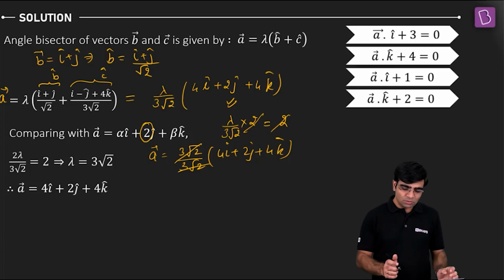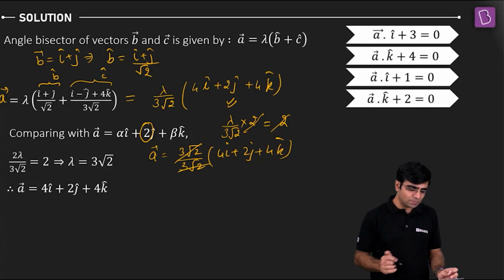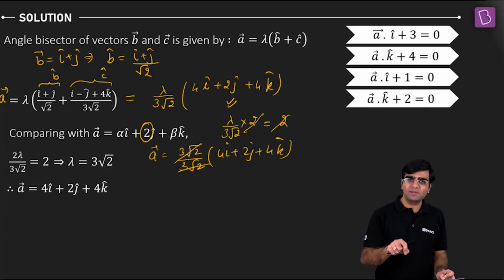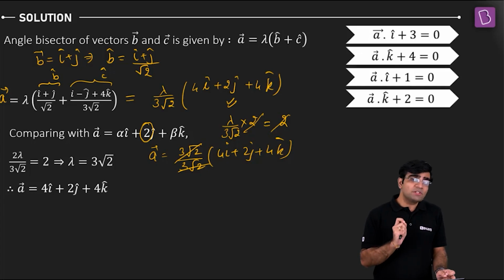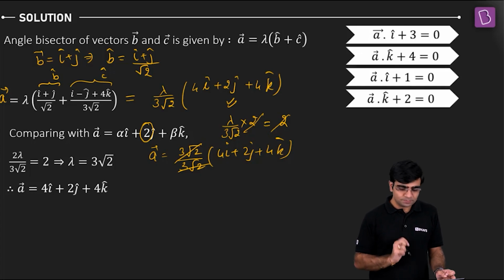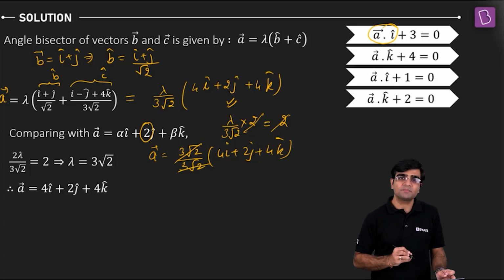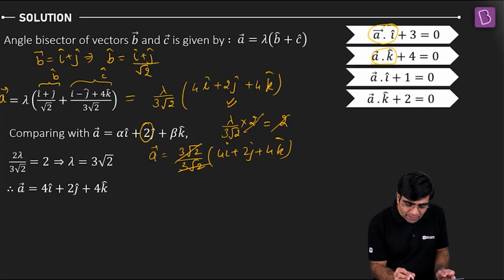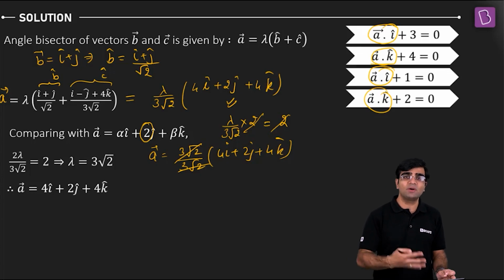Now guys, you have these four options. Please put them in and see how it works out. Let me quickly give you one hint. When you plug in, you will get the answer. All the coefficients of vector A are positive: 4, 4, 2, 4. If you take the dot product of A with i cap, you get a positive quantity. In every dot product, I'll be getting a positive quantity: A dot i cap, vector A dot j cap, vector A dot k cap.